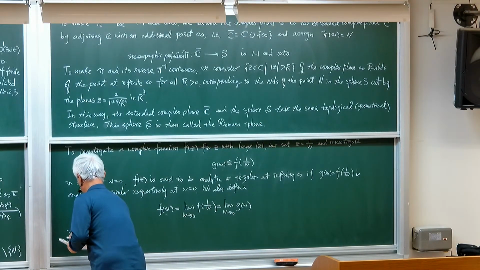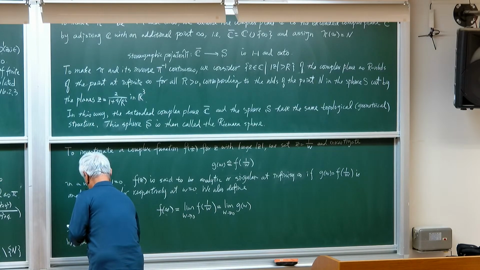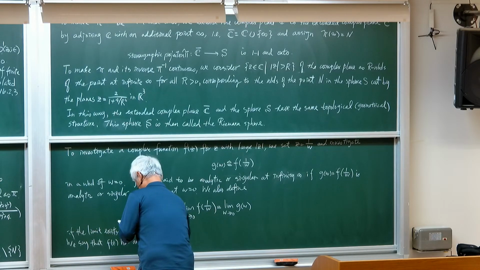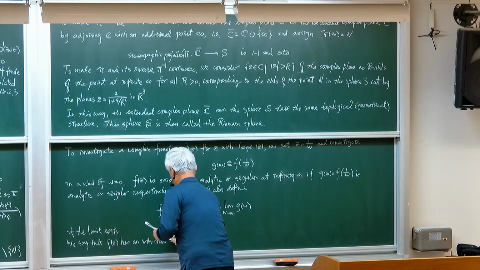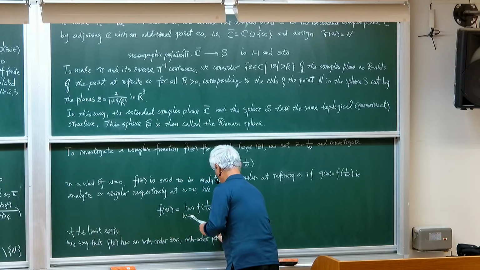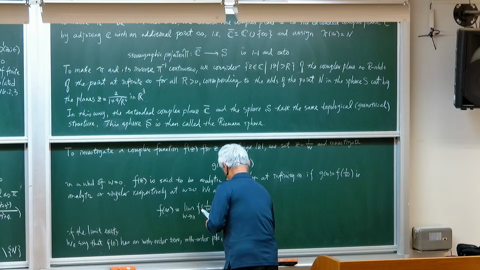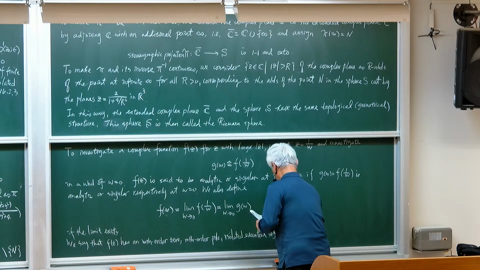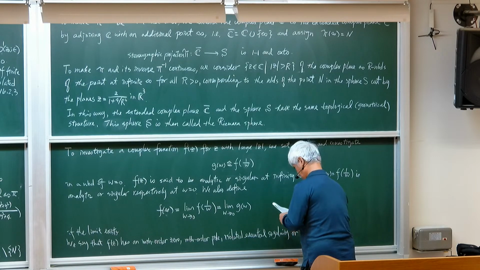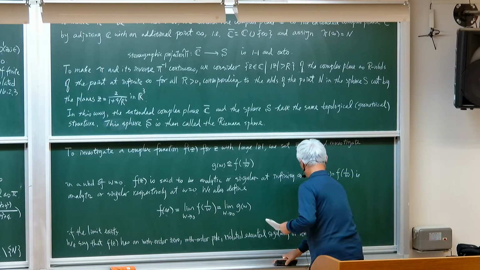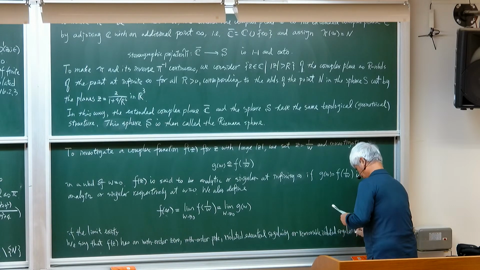And so we say that f of z has an m-th order zero, or m-th order pole, or isolated essential singularity, or removable isolated singularity at infinity,